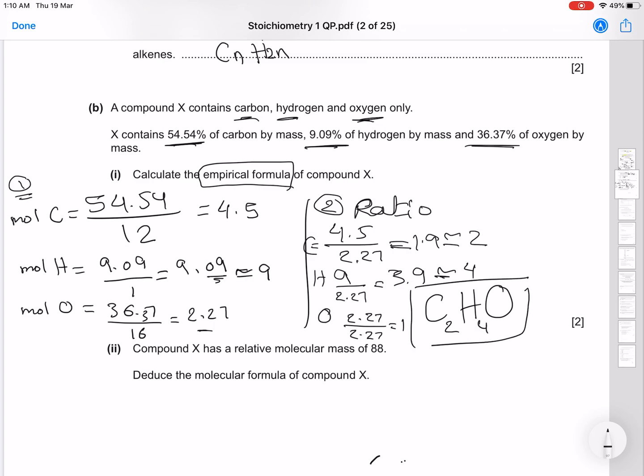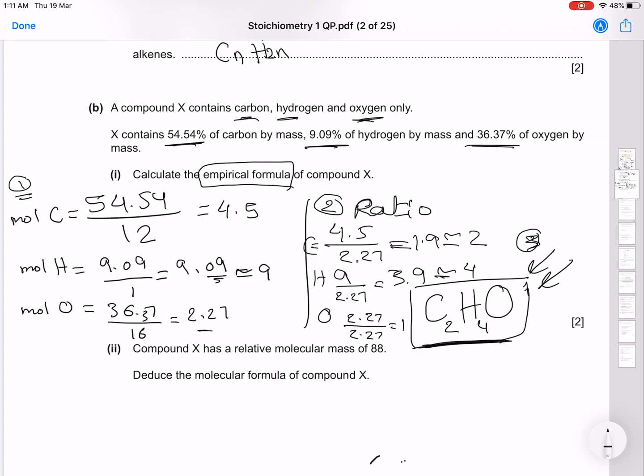So don't forget to write the empirical formula after you find the ratio, the third step. Don't forget to write your empirical formula. That's a common mistake by many students. Actually, the mark you will get if you write this properly, so that's 1 mark. The second mark is for doing the first step. Okay, I hope that was